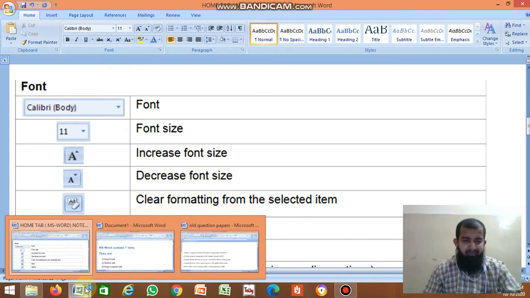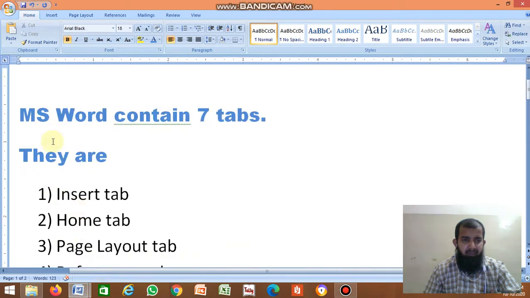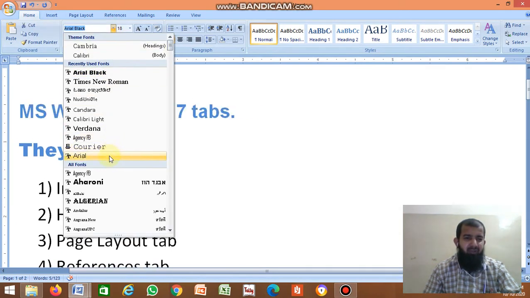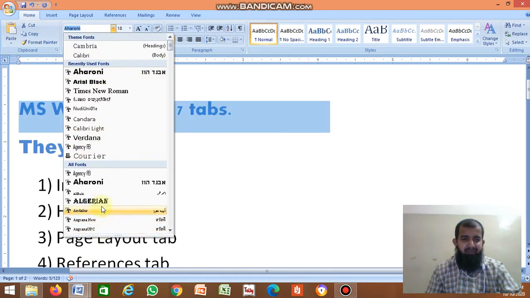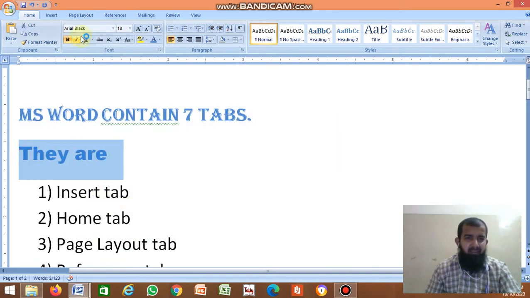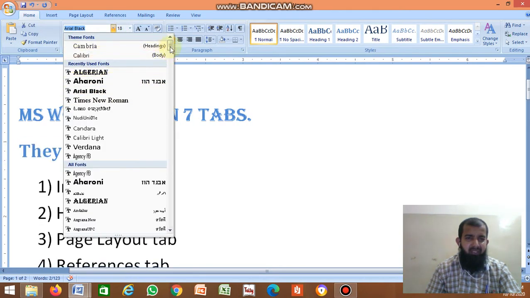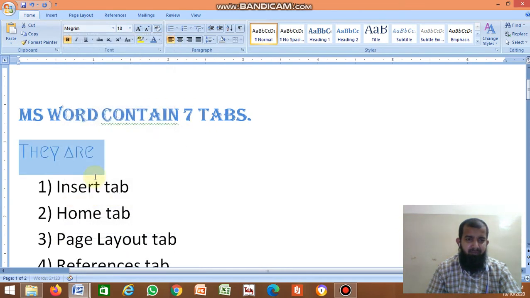For example, you just select the text and click on font. Which style you want, which font you want, you can select it. You can select any type of font. Clear, no? Just select it, then go to font and select the font face. Which font face you want, you just select it.